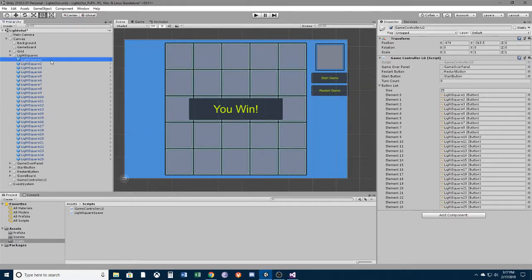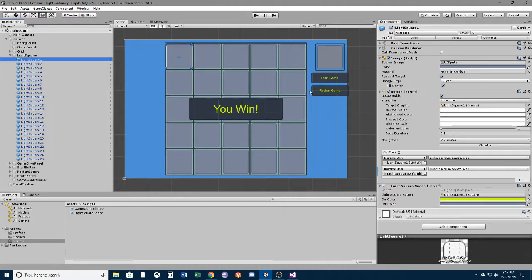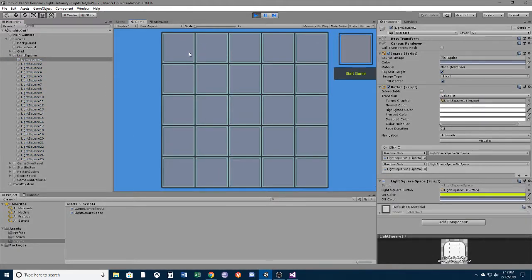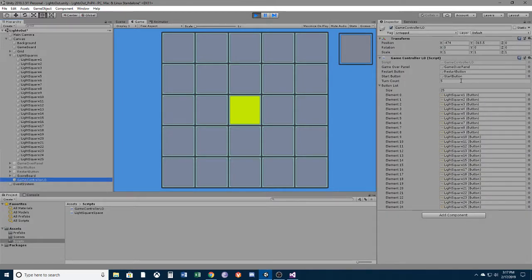I originally set up these light squares to use multiple calls to the set space in my code. Everything was working fine with it in the game here. I'll go ahead and press start game. This was all fine until I looked at the turn count and realized that